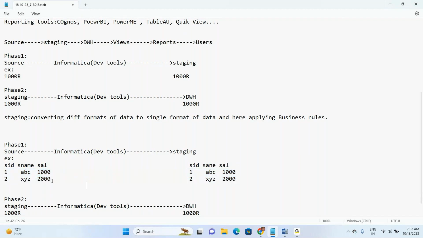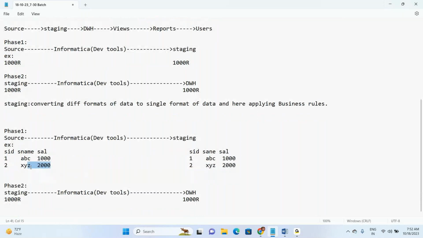That is the defect. Like this way, we are verifying. And count aspect: coming to here, how many records are there? Two records, right? In the target also, two records available or not, we are verifying. For example, properly loaded like this one. So source and target both are the same: structure correct, record-wise correct and data-wise also correct. Same way, we are verifying staging to